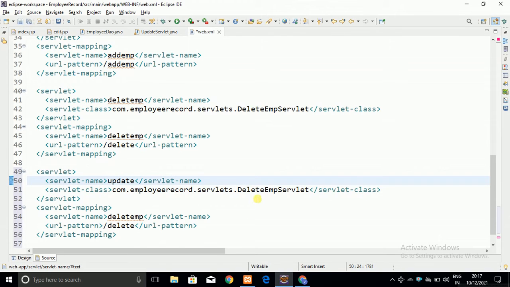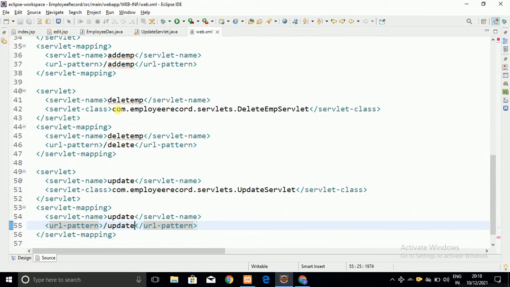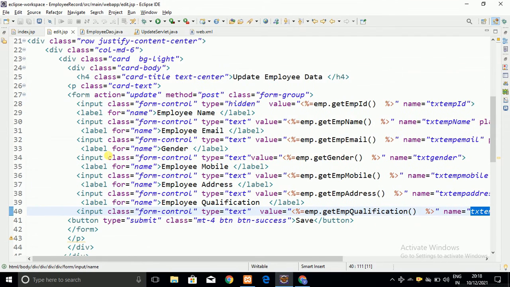You can give any name to the servlet, that is up to you. Servlet class I have given as UpdateServlet, and here the URL pattern is /update, because in the form action attribute I have given update. So this much I wanted to tell you.